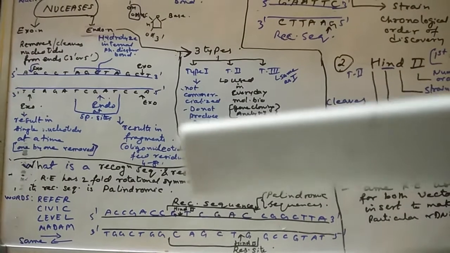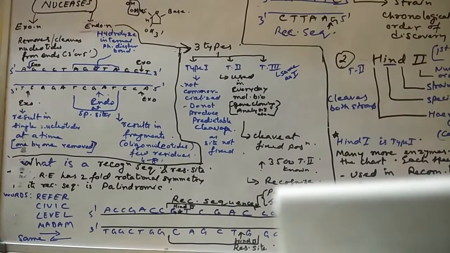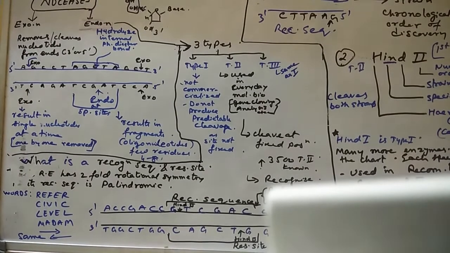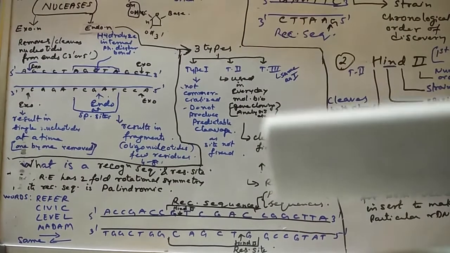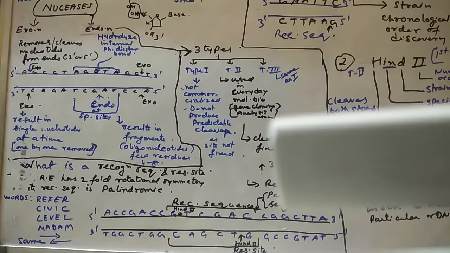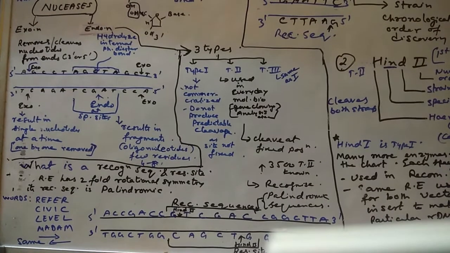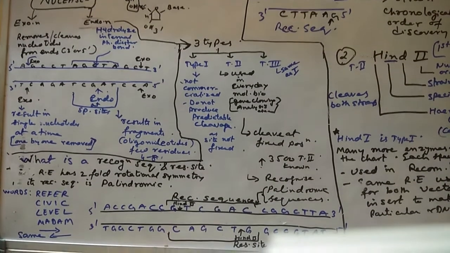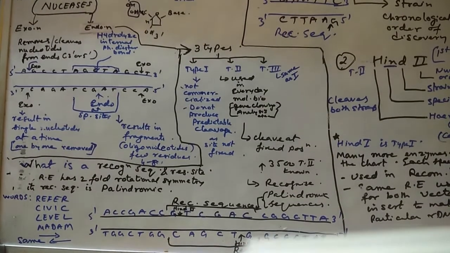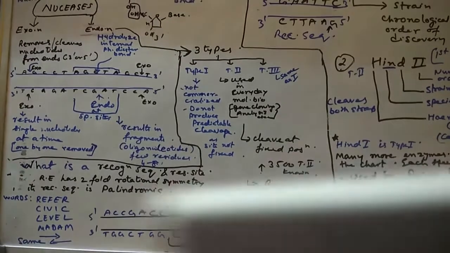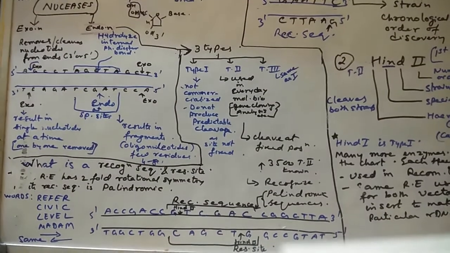And there it will bind and start moving along. As soon as it sees the phosphodiester bond between the bases guanine and thymine, it will cleave, it will cut. So that site where it cuts is called the restriction site. Clear? What is a recognition sequence? That sequence which that particular enzyme recognizes is called the recognition sequence. Where exactly it cuts the phosphodiester bond, that is called the restriction site. So for Hind2, the phosphodiester bond between G and T is the restriction site, and this 6 base long sequence is the recognition sequence.